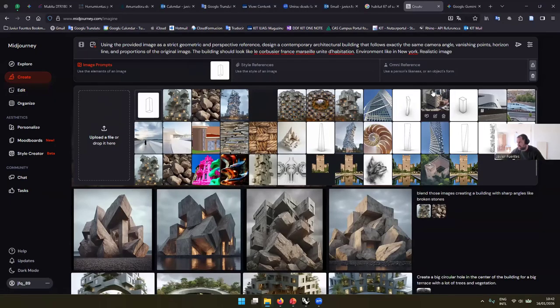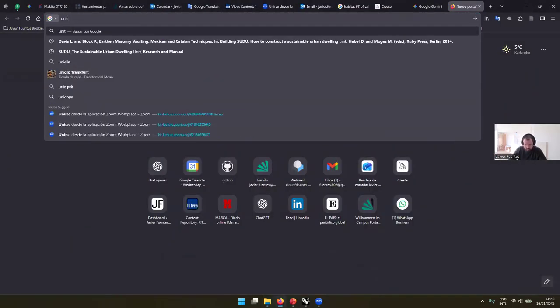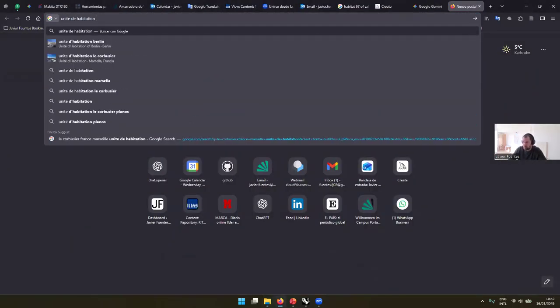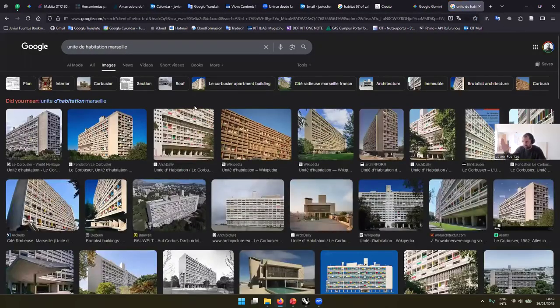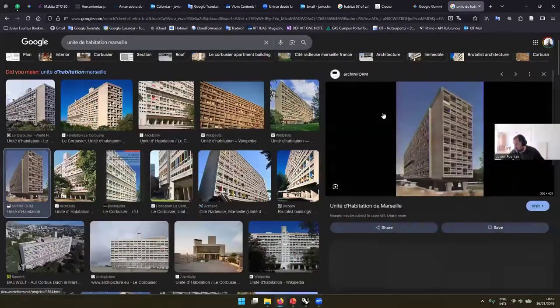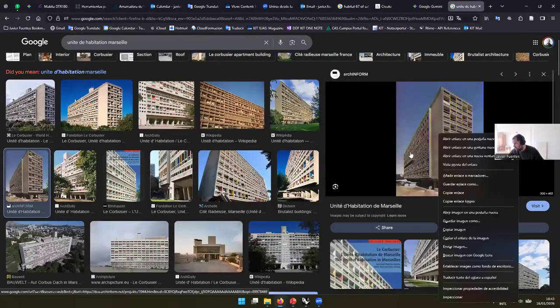Use a person's likeness or an object's form, and a style reference, use the style of an image. Usually here you have to attach another image. If you can find a similar image of the project with the perspective that your building has, kind of, okay, it doesn't have to be the same. For example, this one, okay? I am going to save the image,